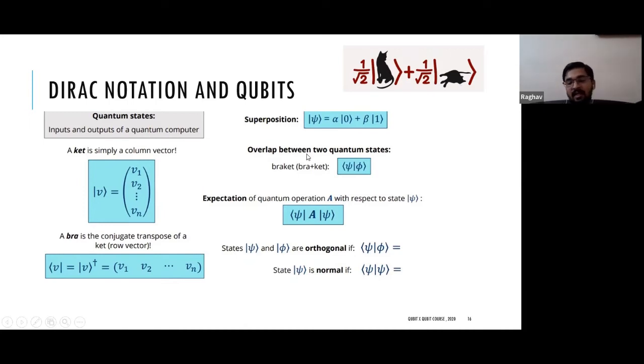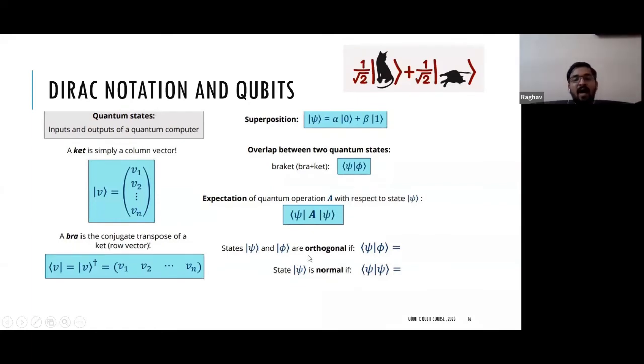When we talk about overlap, I already said that the inner product shows the overlap between two vectors. So the overlap between two quantum states is this inner product. And the expectation of any operator about any state is this. What it means is that, like we have a known mean or average value, it is similar to an average value, but it is not an average value. Okay, so expectation is similar to average value. People who don't know about expectation can relate it to that.